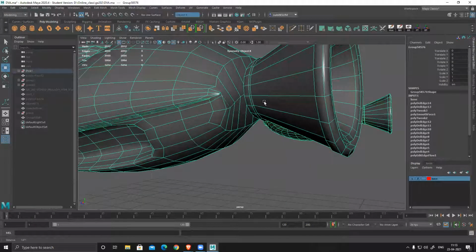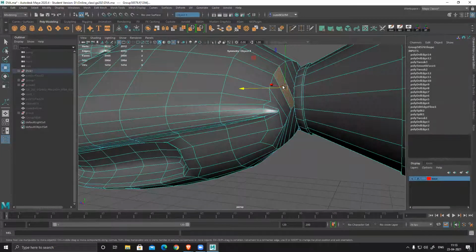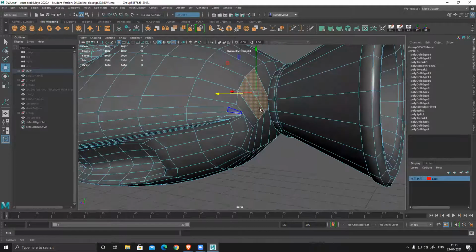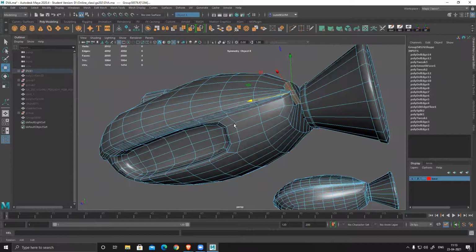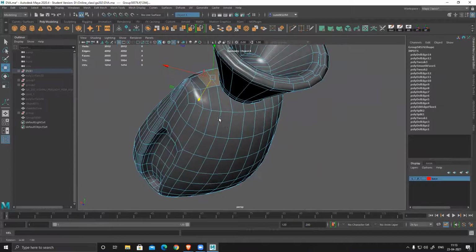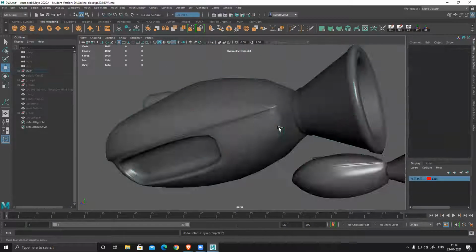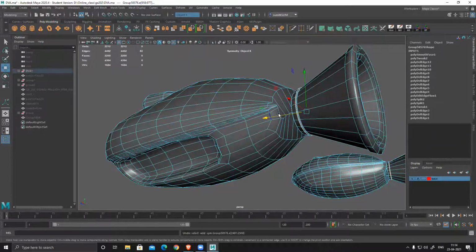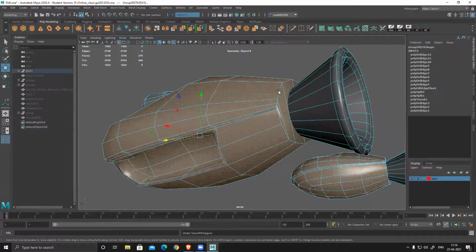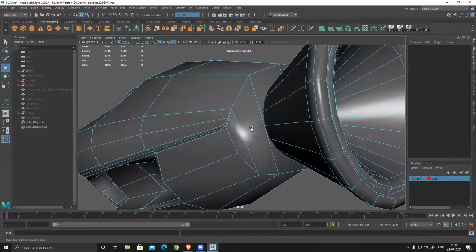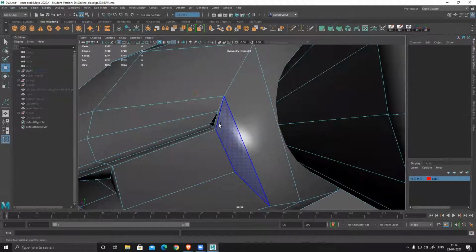And just undo, because this thing I need to clean first, then only I can do smooth, otherwise it will distort my mesh. So I don't want it.